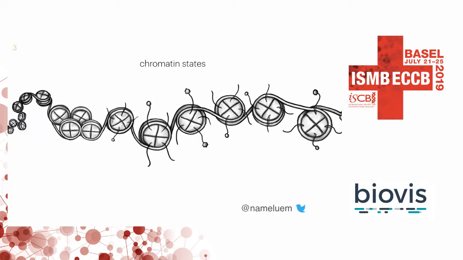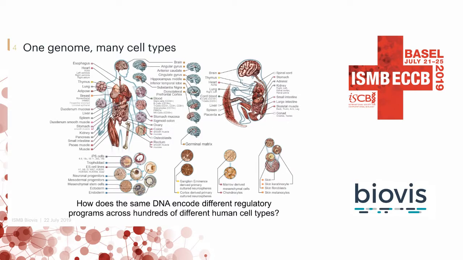All right, so today I'm going to focus on this middle part, chromatin states, and in particular, one central question that everybody seems to be dealing with these days: we have one genome shared across virtually all of our cells in our body, yet we have many, many different cell types, cellular states, and conditions. And the question is, how can this same set of human DNA encode all these different regulatory programs across all